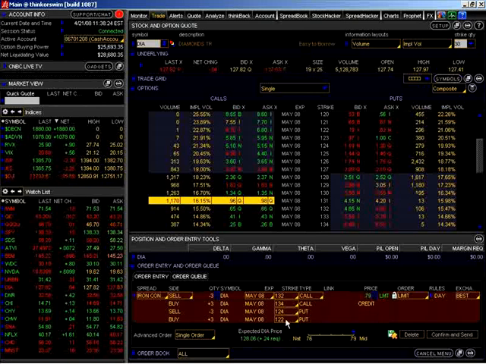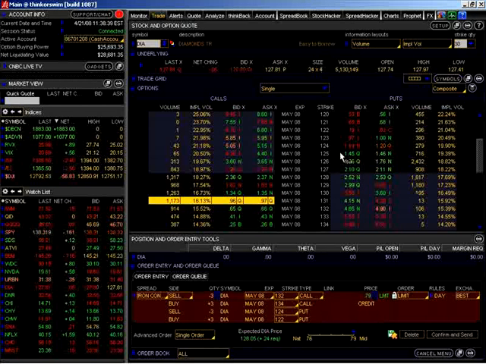And remember, the nice thing about iron condors is the price can't be in two places at one time. So if the price does run up on us, guess what? The put side of our position is going to dramatically increase in profit, and then we can simply roll the position up